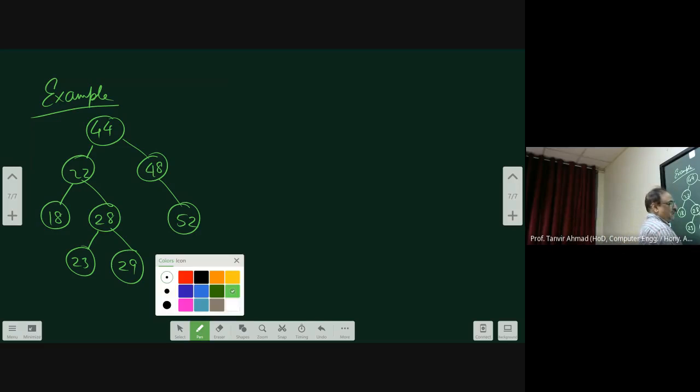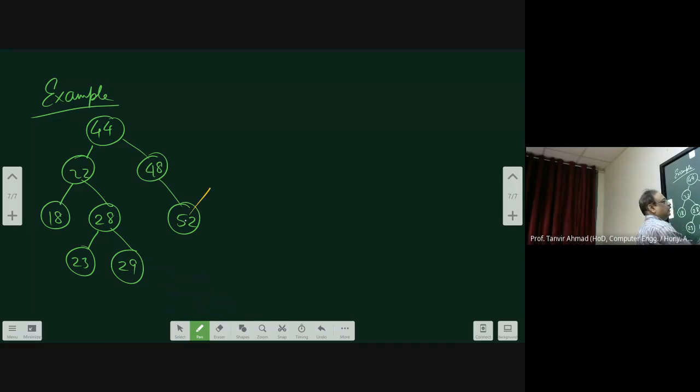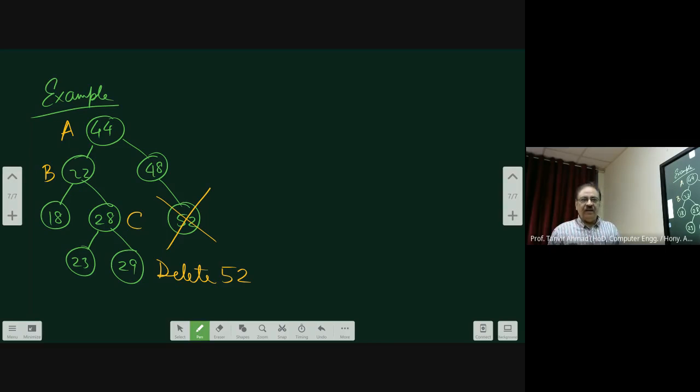And then you are going to delete this node. Now, from this point, this is A, this is B, this is C. Now, check the balance factor of B. This is 1 minus 2, therefore, this is minus 1. You are deleting in the right side, therefore, in that case, the rotation